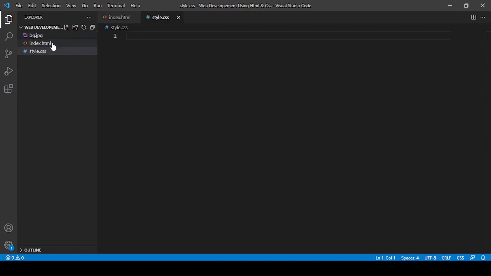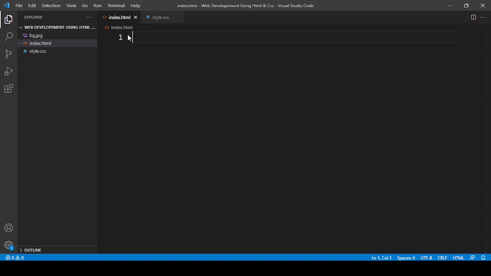Now here we have two files, and now here I have this bz.jpg, okay, that I will put as the background of our today's website. Okay, so now let me zoom in a bit, and first of all I am going to tell you about one thing, that is emmet. Emmets are pre-built in VS Code, so they are built to increase the workflow in HTML, CSS and JavaScript. So I am going to use emmet.